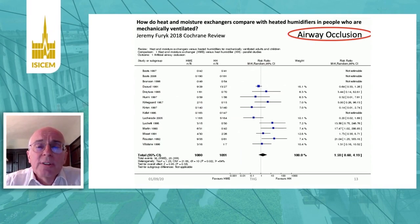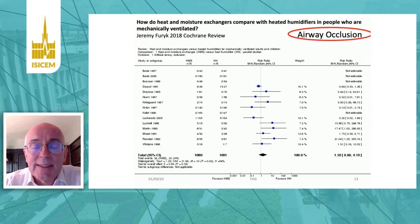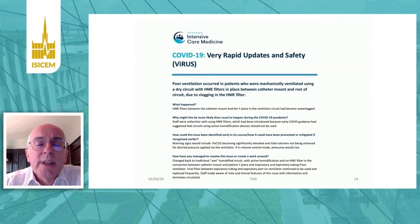We've known for a long time, all of the previous studies show this, that airway occlusion is a problem with HMEs, and hence recommendations are that they should be changed probably 24 to 48 hourly in an ideal setting. Within a few days of the COVID